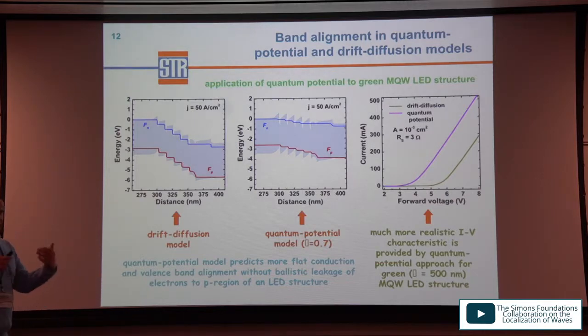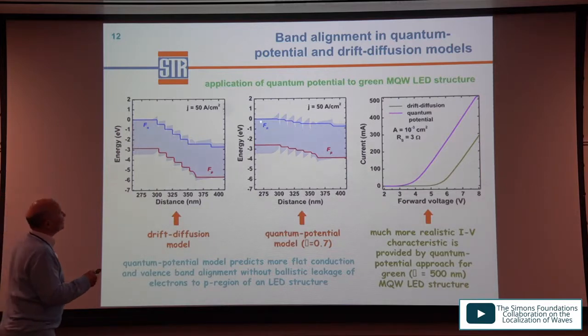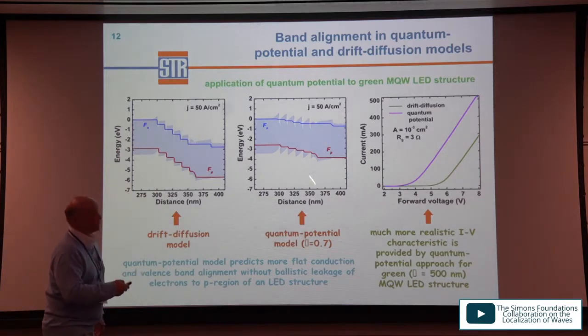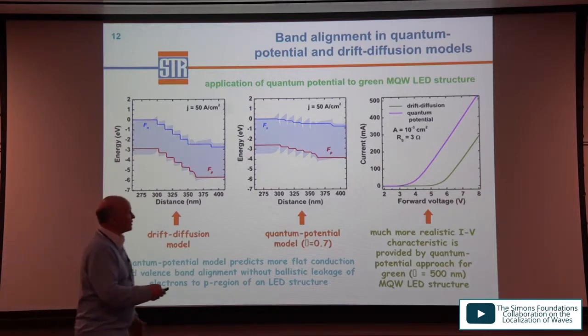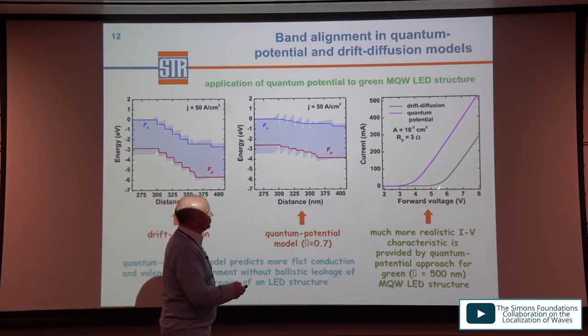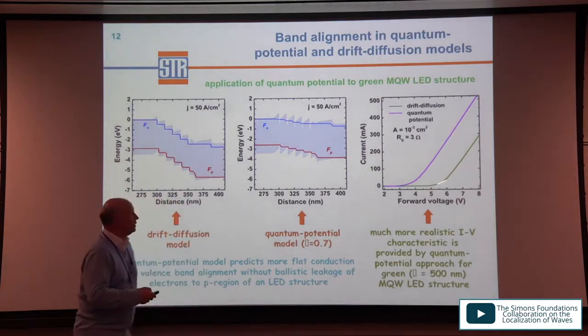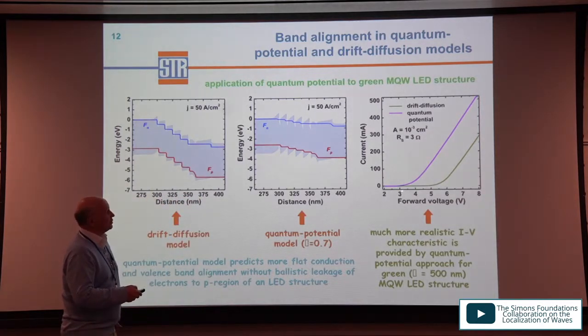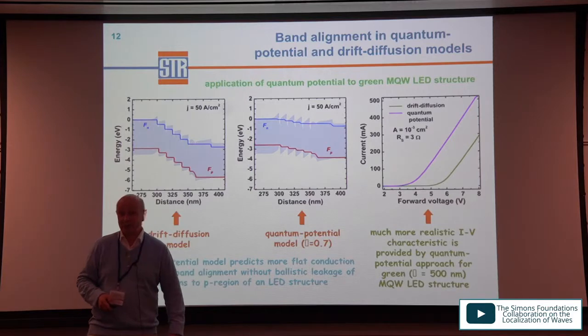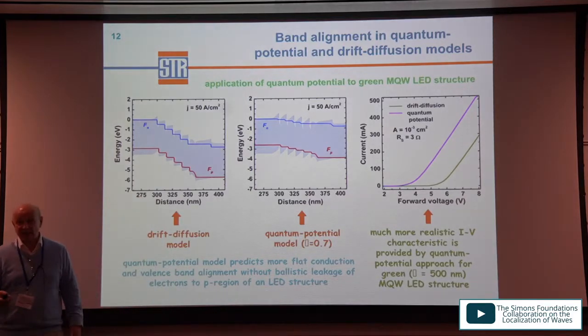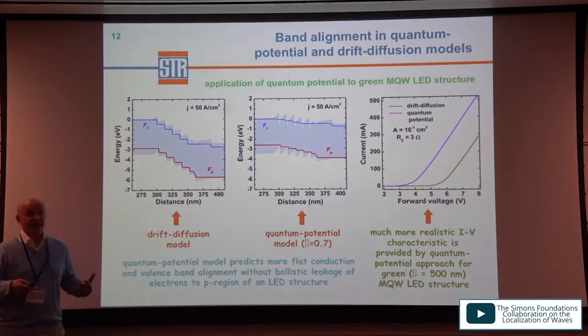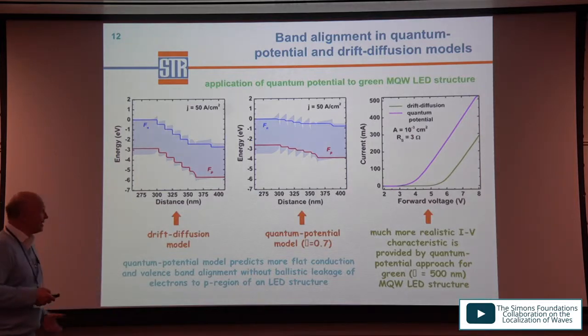If we introduce the quantum potential into the drift-diffusion model, we obtain a much flatter alignment of the band gaps in these LED structures, and instead of the operation voltage of 5.5, we get an operation voltage of about 3.5. It is still higher than the experimental data lying near 3 volts. But